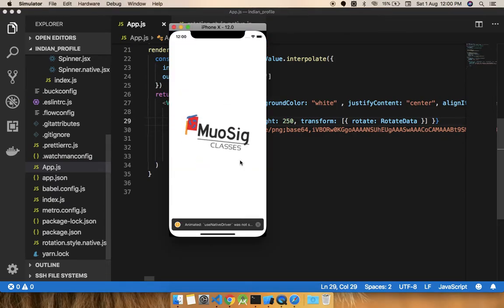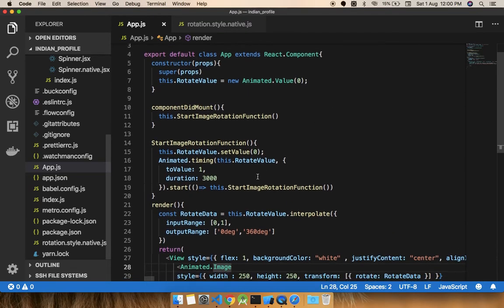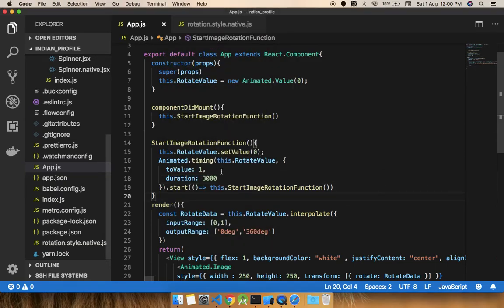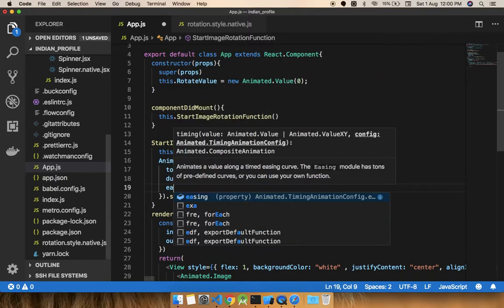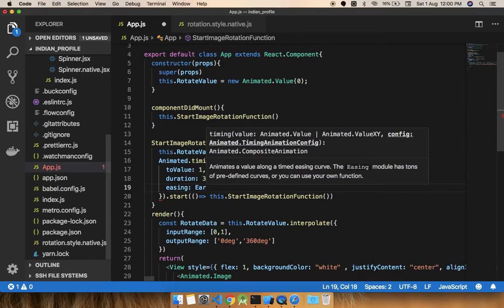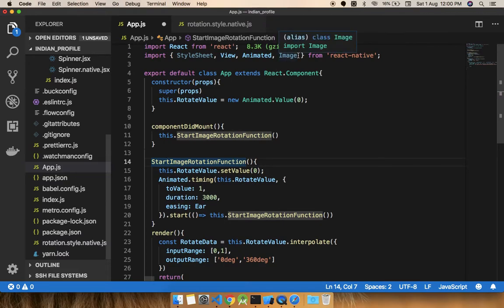So 250, 250. Okay, this is moving, but we need it to move continuously and not stop like this. So we need to take care of another property here. It is called easing, and we need to import this easing from here also.